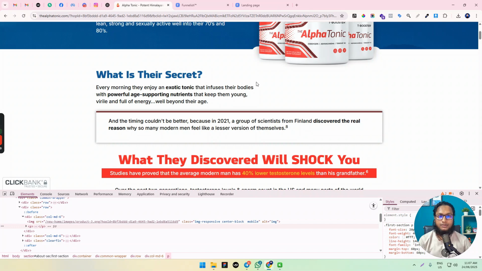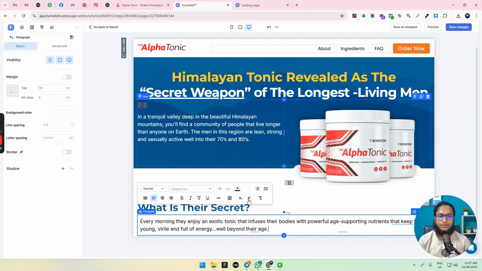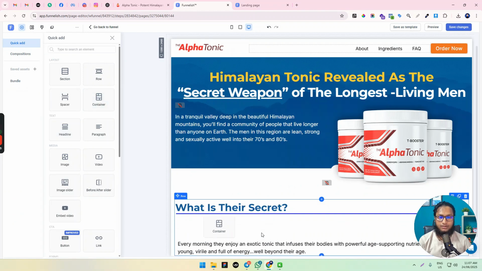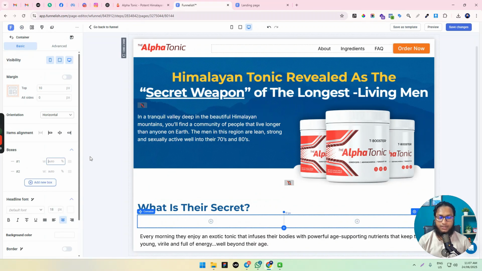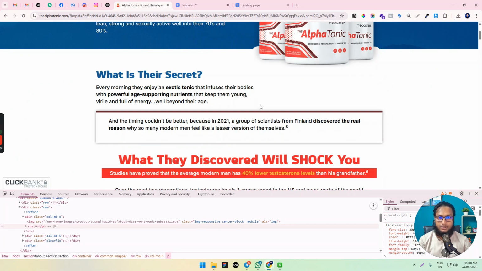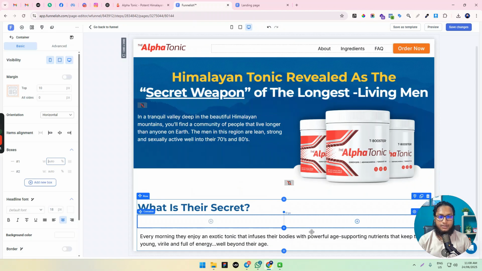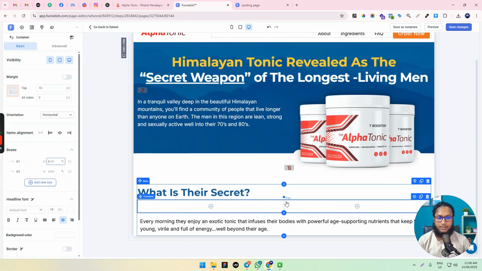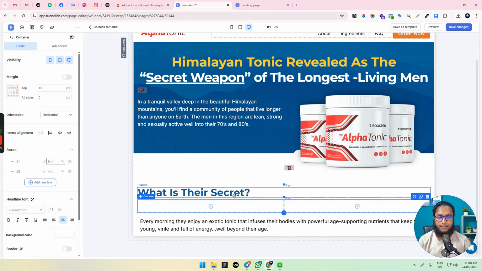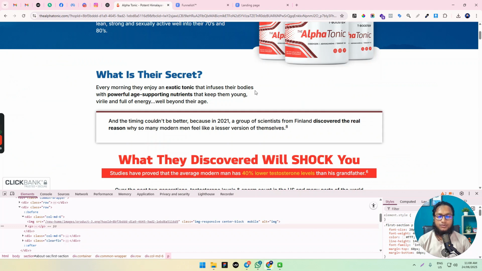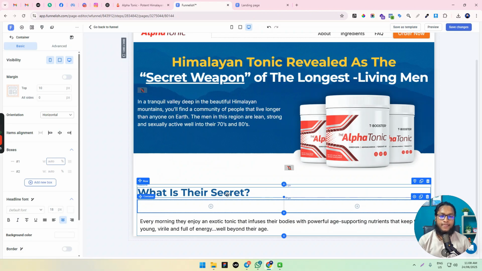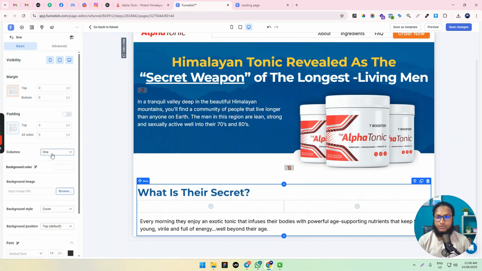Okay. The width is half, so we can use a container here and a two column, and the left side should be, or there is another option to set this like half width. If we use a container, then this same width will apply on mobile. So we need to make this section width half on desktop and full width on mobile. So we can drag and make this row two column